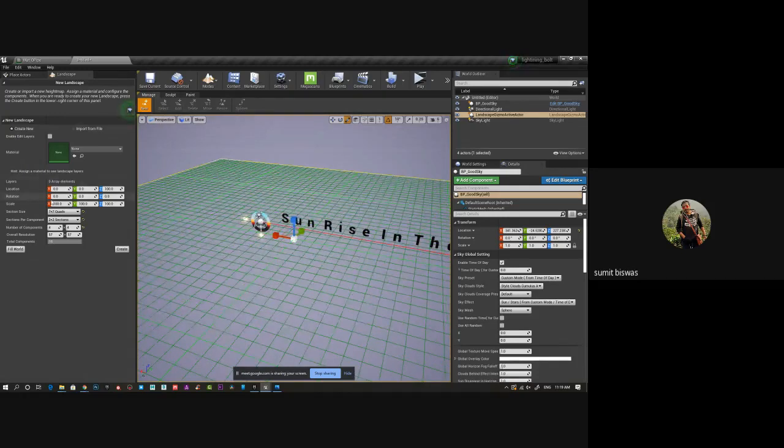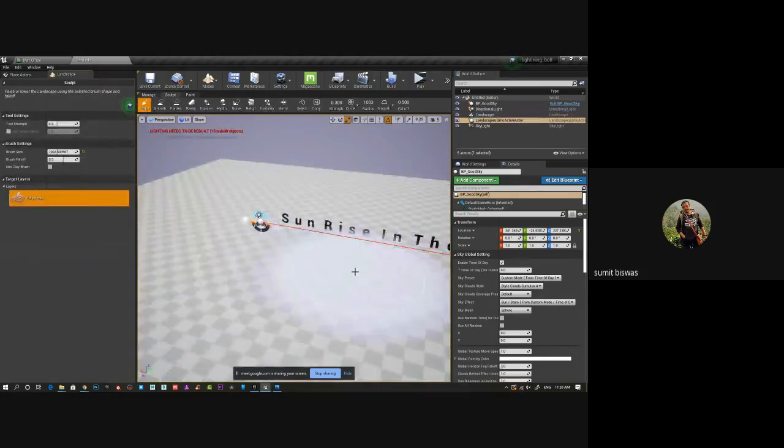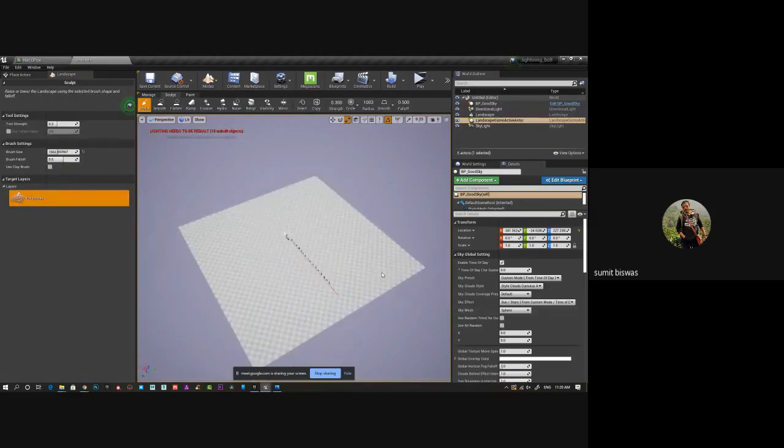Once you create this, while creating also we can select a material. Suppose I have created a material already. I can apply that directly here and then generate, or I can just simply generate this and then apply the material later. Anything is possible, right? In both cases. Just create. So now it gives you an Unreal generated landscape.